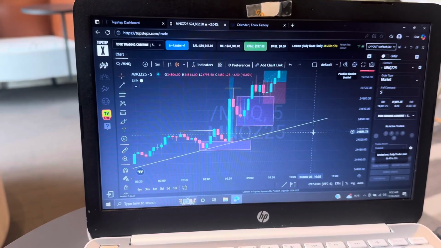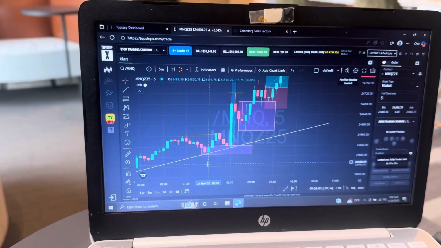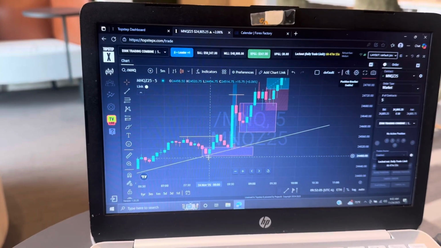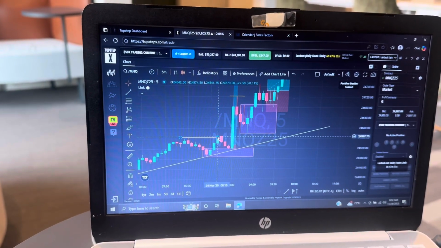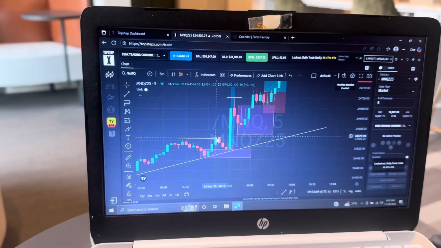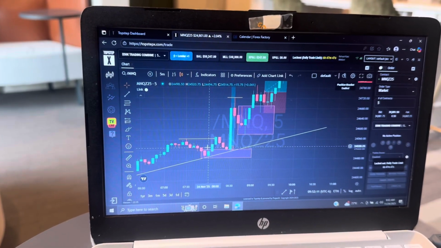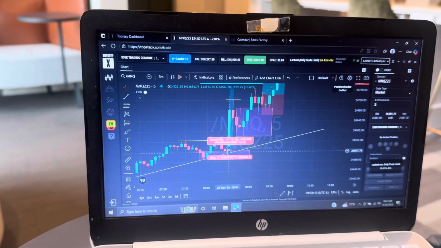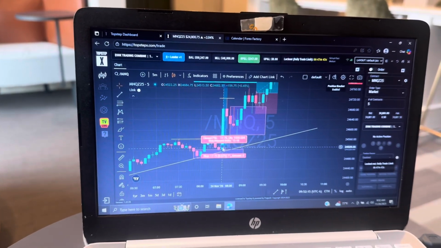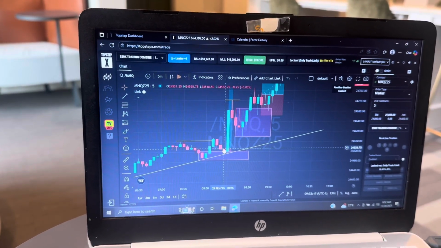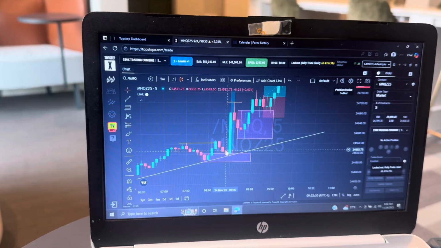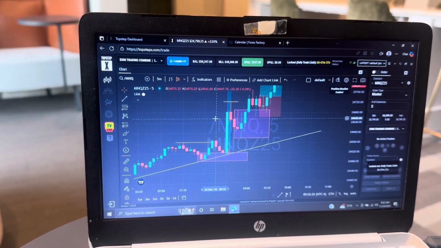So check me out. This right here is a trade setup on NASDAQ, right? We had a break of structure right here. Price pushed up, left the imbalance right here, left the gap, came down, tapped into the zone. And then I entered on the break of the candle high, right? So entered right here, targeting a 1 to 2. It went all the way up, y'all, all the way up.